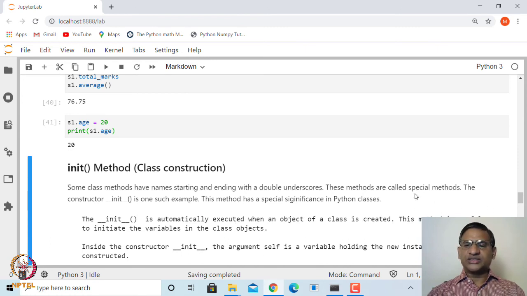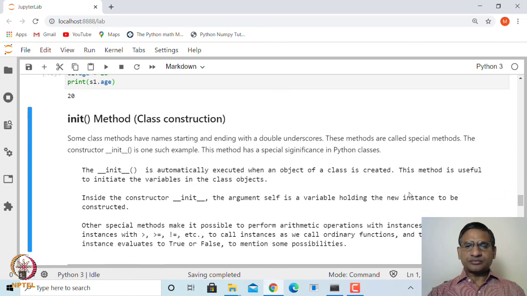This is known as a special method, and as soon as an object is created, this method will get executed. And this method is useful to initialize the variables of the class. That's what I said. Inside this init constructor method, the argument self is a variable holding the new instance to be constructed, right.